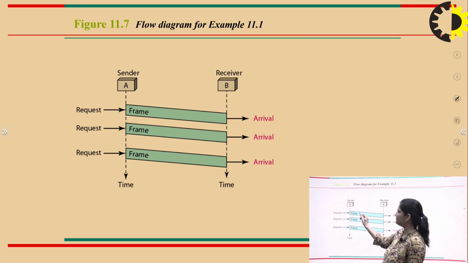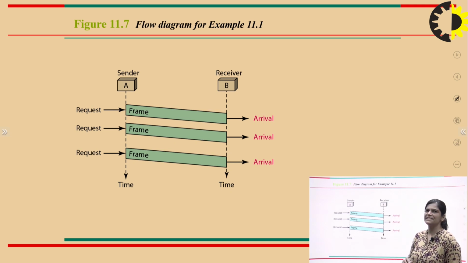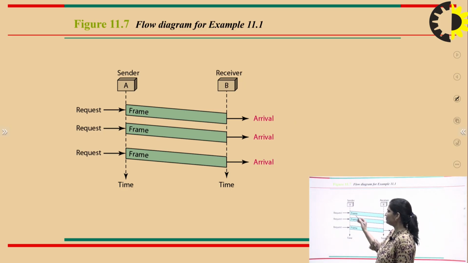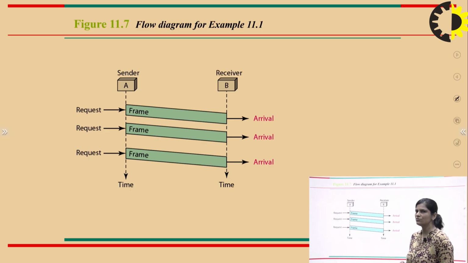So 1 event occurs at the sender side, and when the frame is received, one event occurs at the receiver side. You can see in this flow that 3 frames are sent from sender to receiver: 3 requests are generated at the sender side and 3 events occur at the receiver side.